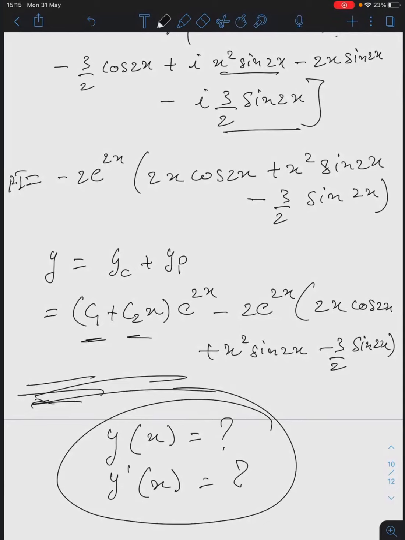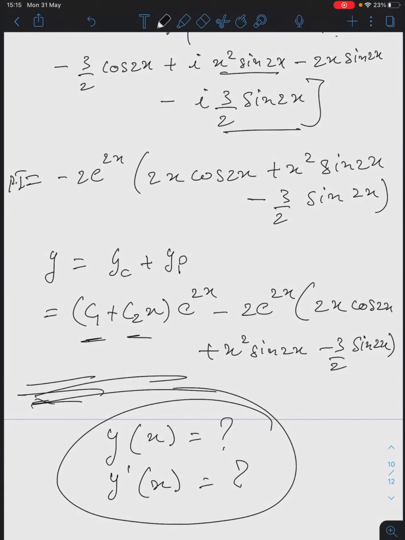Again, I'm repeating this thing because most of the times people will look at the conditions itself. In the starting, they will calculate complementary function and there itself they will calculate the values of C1 and C2 by using these conditions just for complementary function. That is wrong. First, you have to get the most general solution. Suppose you have 0 on the right hand side, then CF itself is the most general solution. But if you have a non-homogeneous term on the right hand side, then CF is not just the general solution. General solution is the combination of both CF and PI, particular integral.